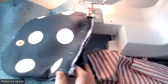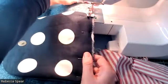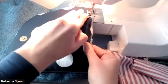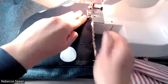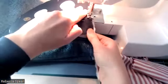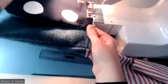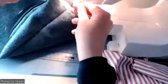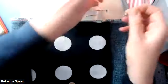So the flap's pinned in place, and I'm just going to attach that using half a centimetre seam allowance. Attach it to the outer bag there. Start in reverse, finish in reverse to lock the stitch there, and then I can take my pins out. So that's held in place now, my flap, along the top edge